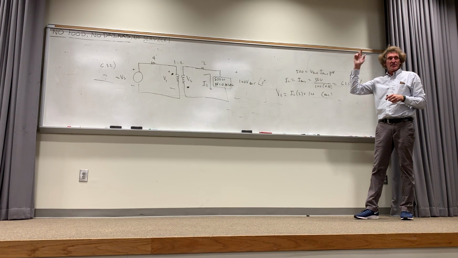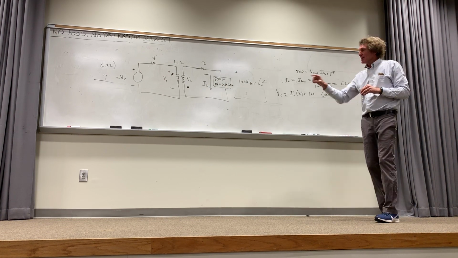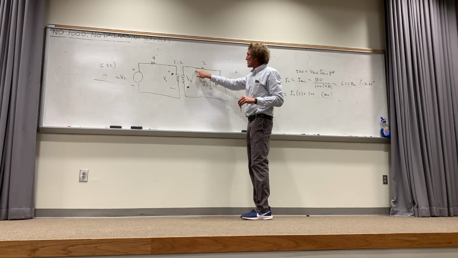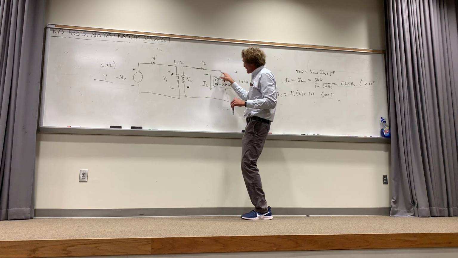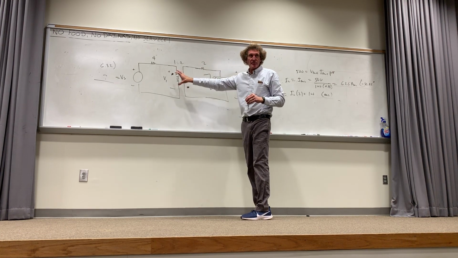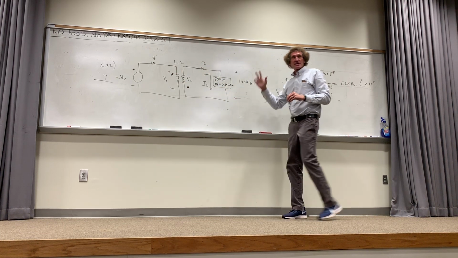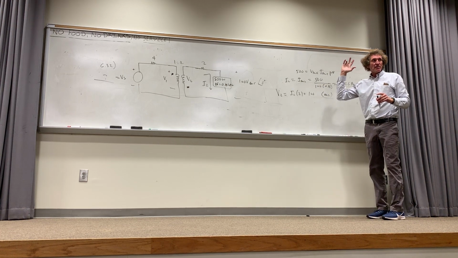Think about it. If current goes in here, isn't it plus to minus here, right? So if we start here, it would be an increase of 100, then an increase of 2 times I2 would be V2. Do you all see that? Show of hands again, make sure I see. All right, you good with that?